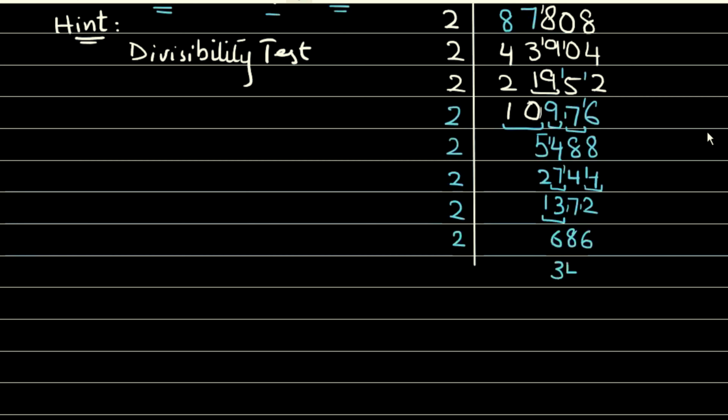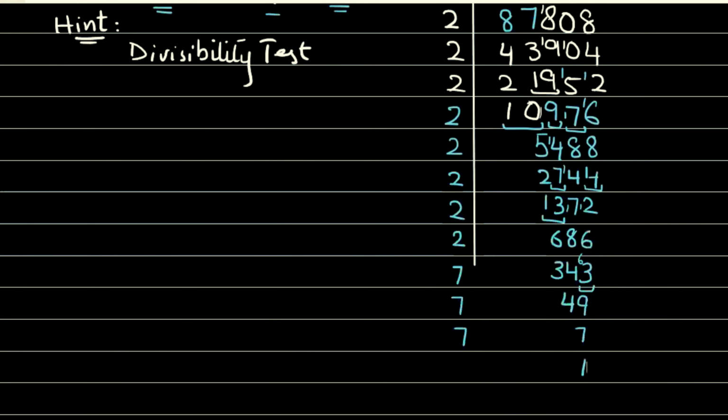Two 3s are 6. Two 4s are 8. Two 3s are 6. And now 7 4s are 28, and 7 9s are 63. Now 7 7s are 49. 7 1s are 7, right? You have to factorize any number till 1. Now, the first step was you have to factorize a number, and the second step you have to